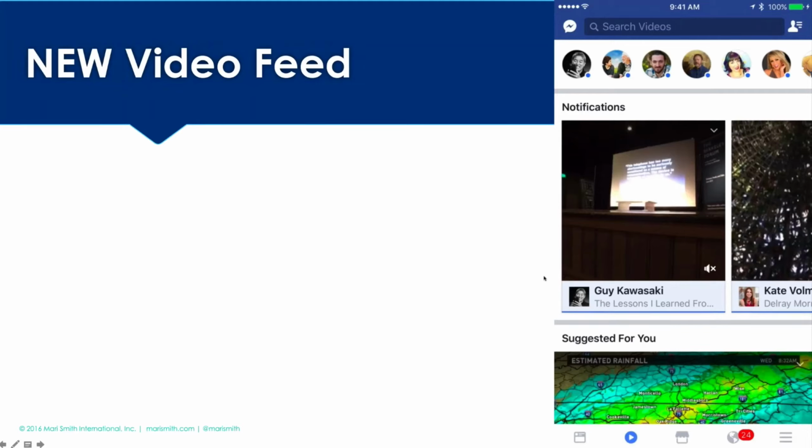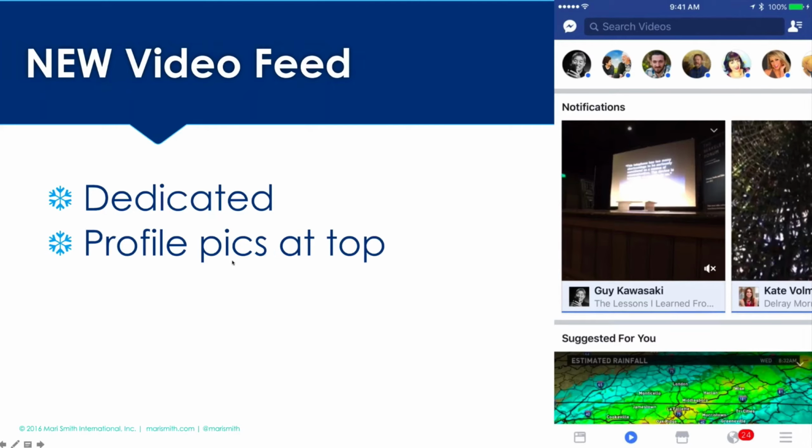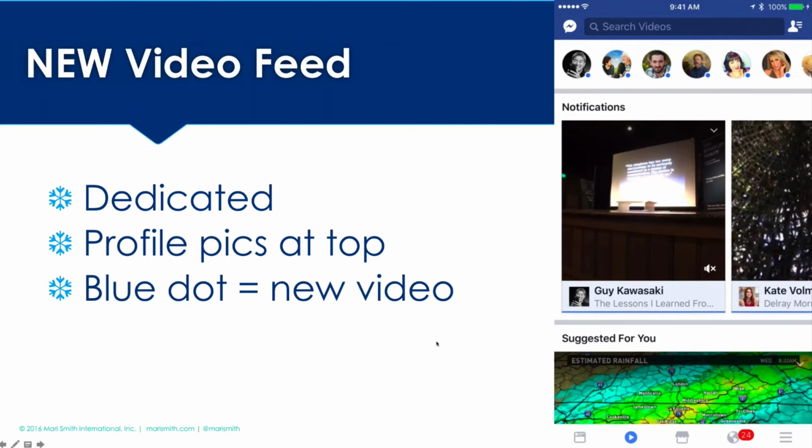And what it is, super exciting, just like Instagram where you have the stories up top, these icons are all pages that you follow, and the little blue dot indicates that there's a new video, either live or they've uploaded a video. And then you've got your whole feed. What Facebook is doing, my friends, is building a brand new news feed dedicated just for video. Those are page profiles, from what I could tell. And the blue dot means new video, new live.